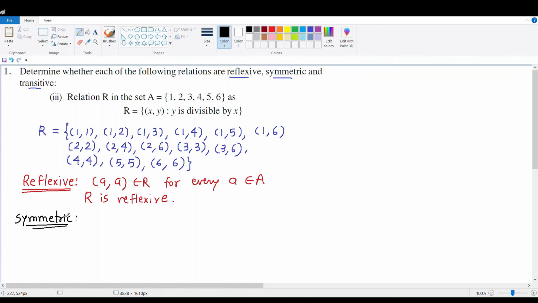Now the definition of symmetric is what? That if you have (a, b) belongs to R, then you must have (b, a) belongs to R. That's the definition of being a symmetric relation. So if you have, let's say, (1, 2) in relation R, then you must have (2, 1) also